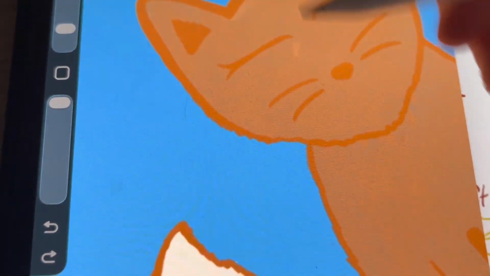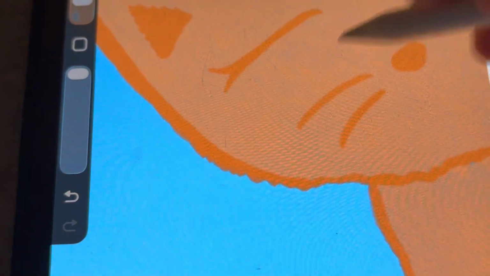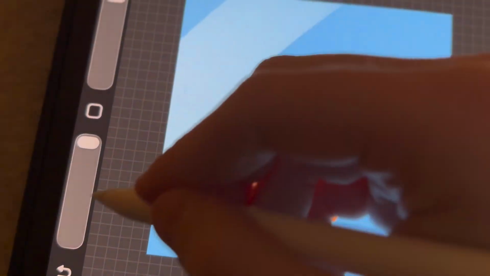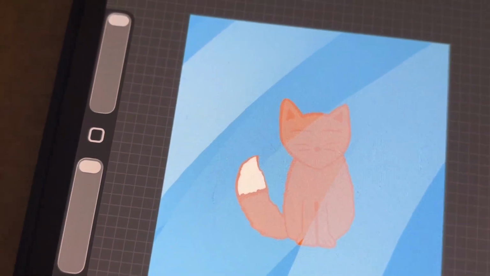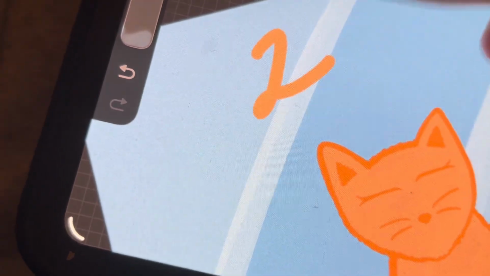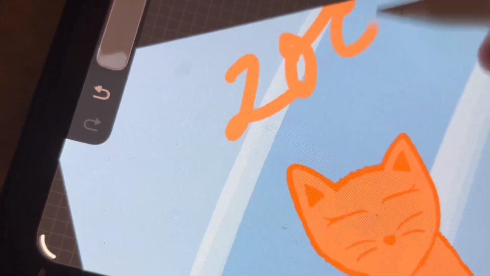But yeah, we're basically fixing up minor details and things that need to be fixed up, like the extra colors and filling in. And I do wonder if I could go back and maybe fix it. I just can't figure out how to add the white hair and not make it look choppy, because I want it to look like fluff. I could just do a little line, but yeah, now we're just drawing the title, Zoe the fox,